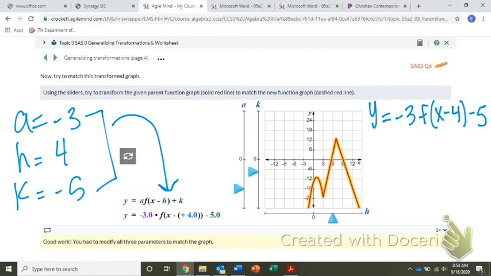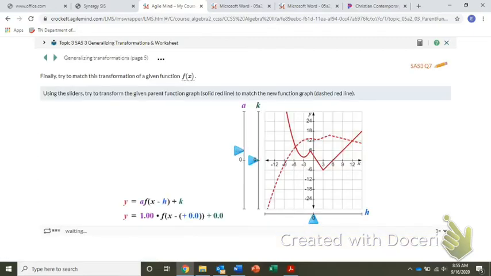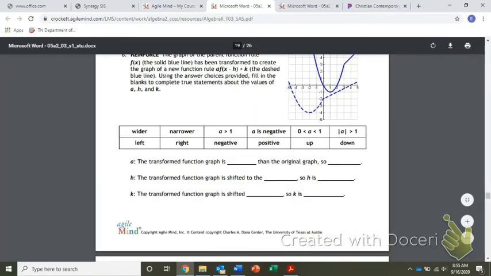All right, so now what I want you to do is I want you to do number 7 on your own. And we'll talk about it in class tomorrow. I am going to skip to number 8, and that's a reinforced, so those are really homework ones. So, on number 8,